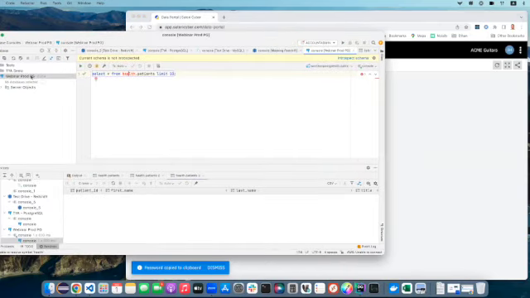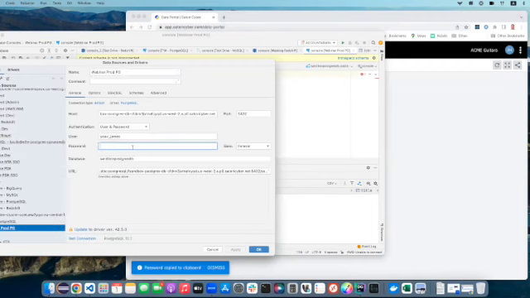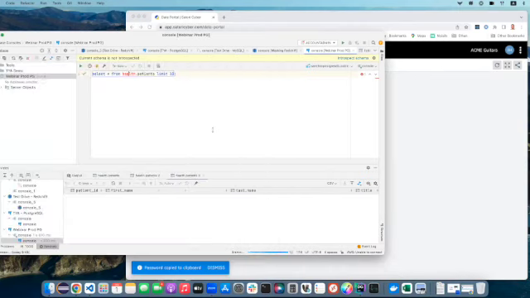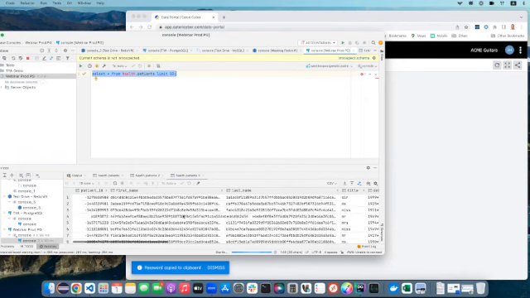I'm going to go into my DataGrip, which is pointing to my Satori hostname. And other than that, it's just a normal Postgres connection. I'm going to give it a second to connect, and let's try to run a query and see how this looks. And this is great. You can see no delay or anything. I get access to the data,